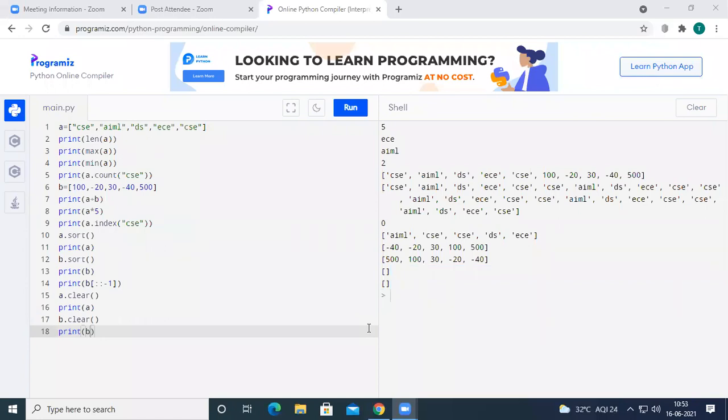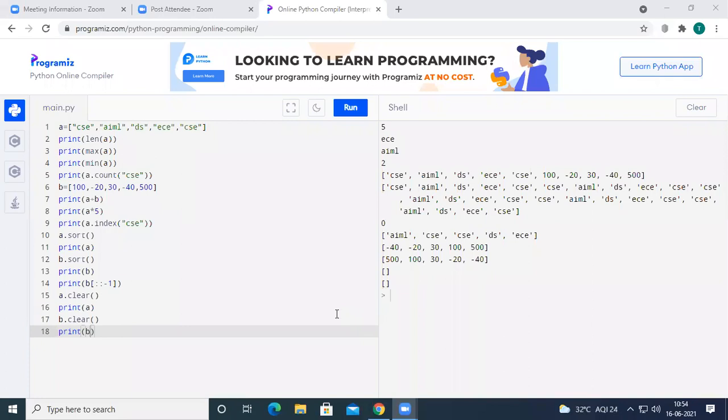If anybody is having doubts in the length function, the maximum function, the minimum function, the count, the concatenation operator between the lists, the multiplication operator in the list, the index function, the sort function, the clear function, or printing the values in reverse order. Okay, if you don't have any doubts, we are going to look at a simple program on list.